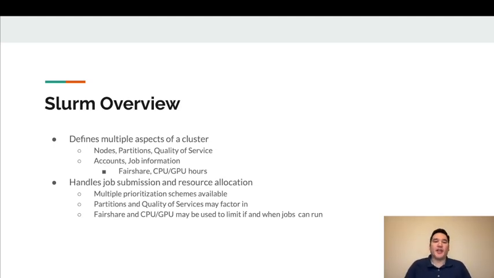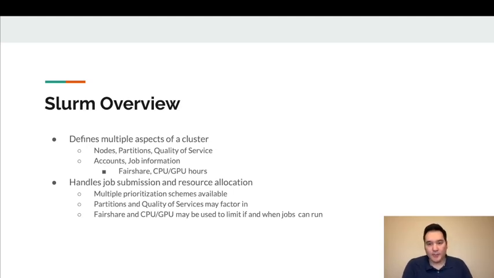And by job information, it holds basically any information about a job. When it ran, when it finished, did it actually successfully complete or did it error out? Who ran it, what the script name was, it'll assign a job ID, all of that. And then also two kind of important things that it keeps track of as well is the fair share, which